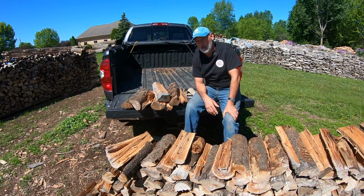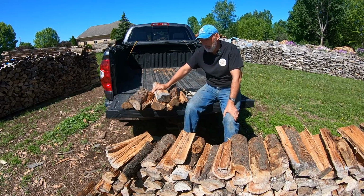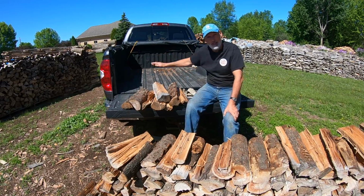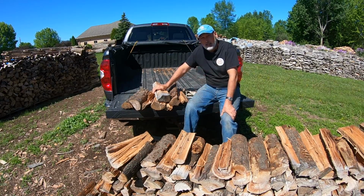But generally 3 rows is about what you need to get a face cord or a third of a cord. So I'm going to put in a full row side to side and then a half a row. Now if I wanted to haul as much as I could with the truck, stacking is the way to go